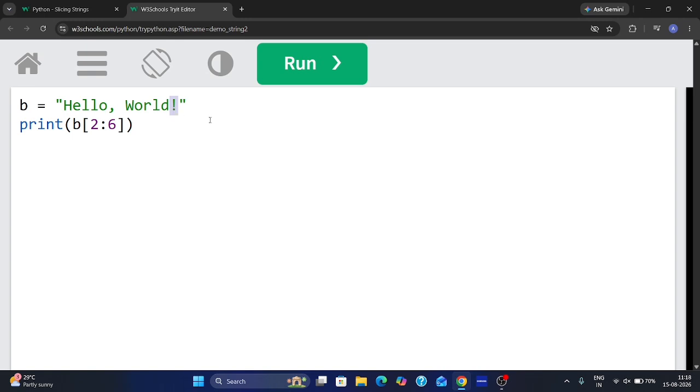So this exclamation mark is 12. You can see characters 0 to 12 are there. If I write here 13, because it goes up to 13 previous,